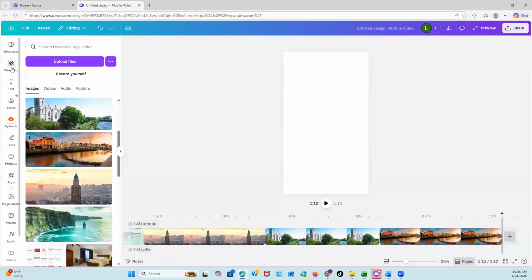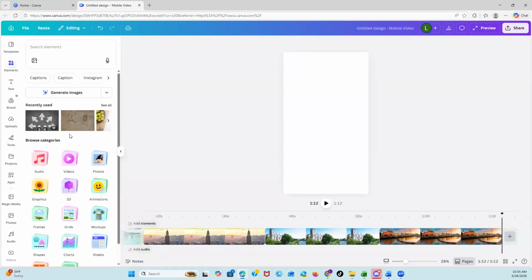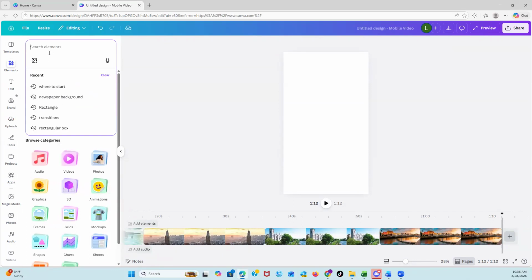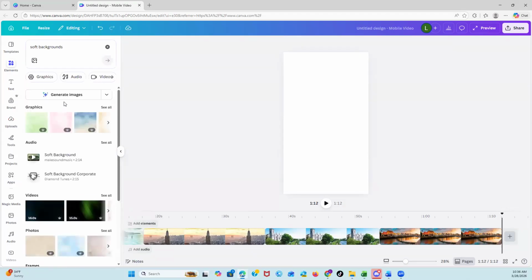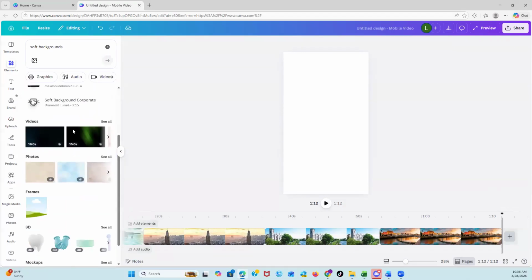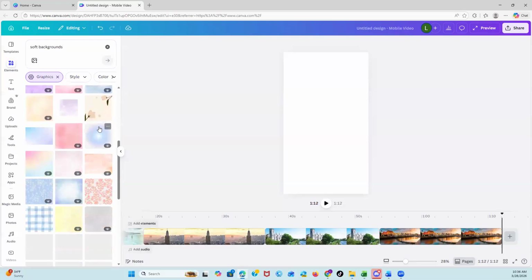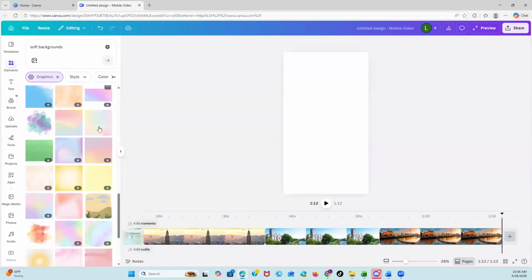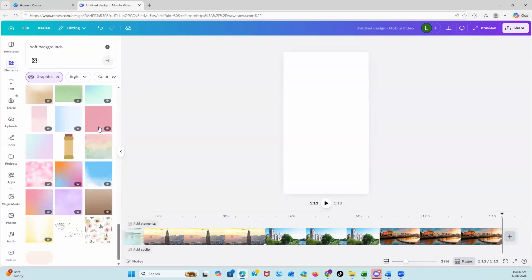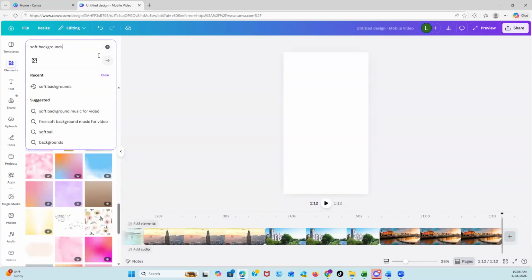And so I go back here to elements, and I am going to ask it for backgrounds. I like soft backgrounds. You can use whatever you want. These are different graphics that you can use. You have all of these different ones to choose from. And if you don't like that,